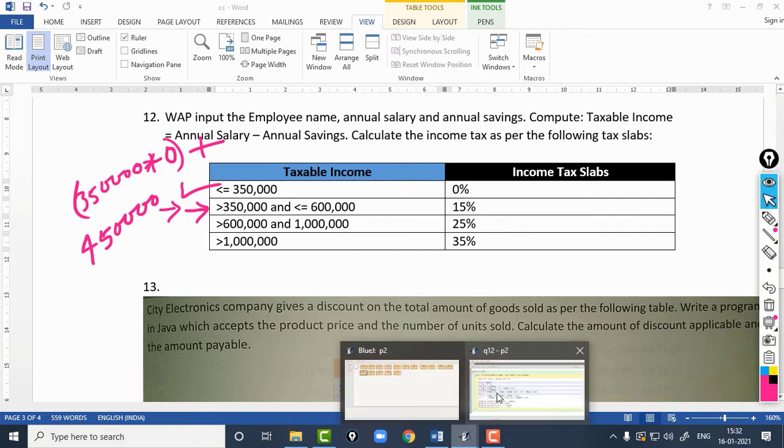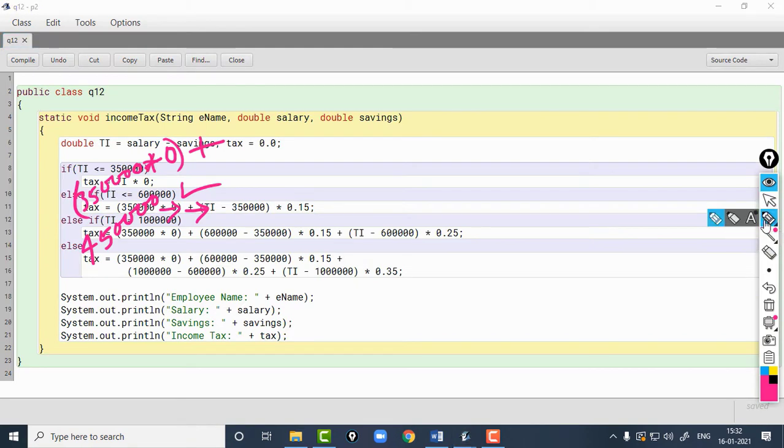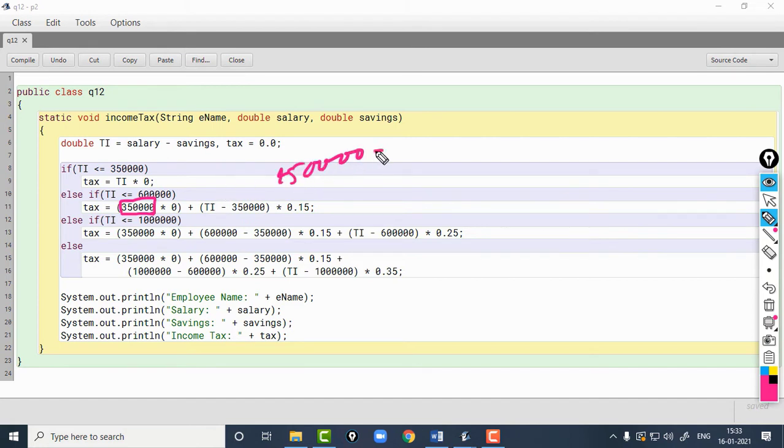Out of those 4,50,000, we have already calculated the tax for the previous slab, which is 3,50,000. So out of 4,50,000, 3,50,000 is gone, so the remaining amount will be 4,50,000 minus 3,50,000.